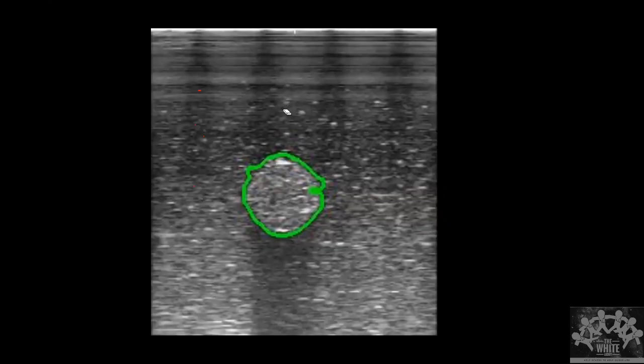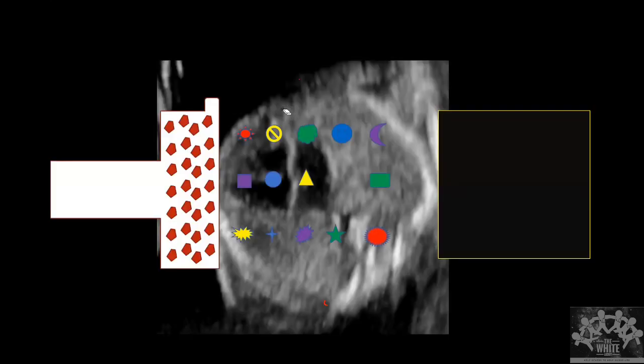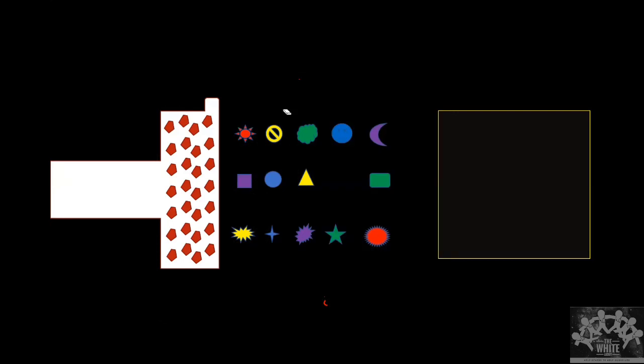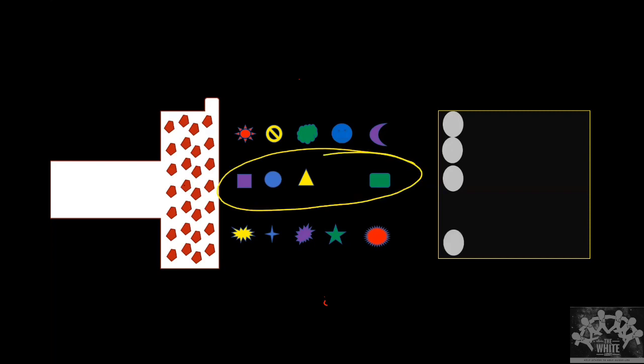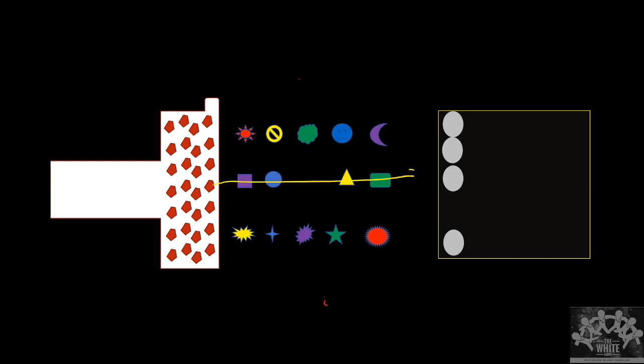Now the same principle is followed by M mode. What it does is, you don't want to know what is happening in other areas. You just want to know what is happening at this area. So I stimulate only that area, and you get the brightness of each point of the tissue there. Now everything remains the same except that this structure changes its position. So the triangle went there. Again I stimulate the same area and I get an image.